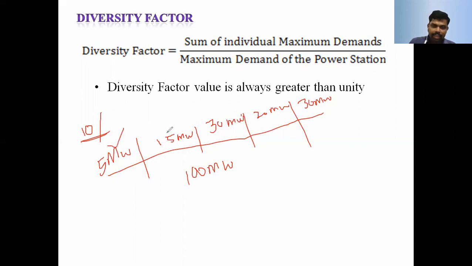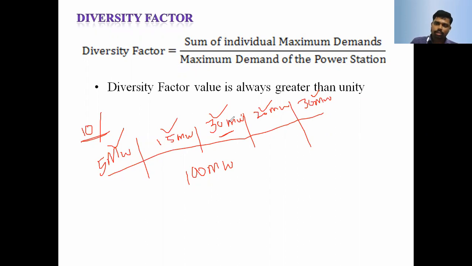Here, this is considered for the connected load. This 15 megawatt on the particular area. Again, 5 megawatt means it is connected for 20 consumers or 100 consumers or 50 consumers. For 30 megawatt, it means some industrial consumers and then domestic and irrigation. Here, suppose 15 or 20 consumers are connected. This is all considered for the connected load, but actually this much demand is not available.